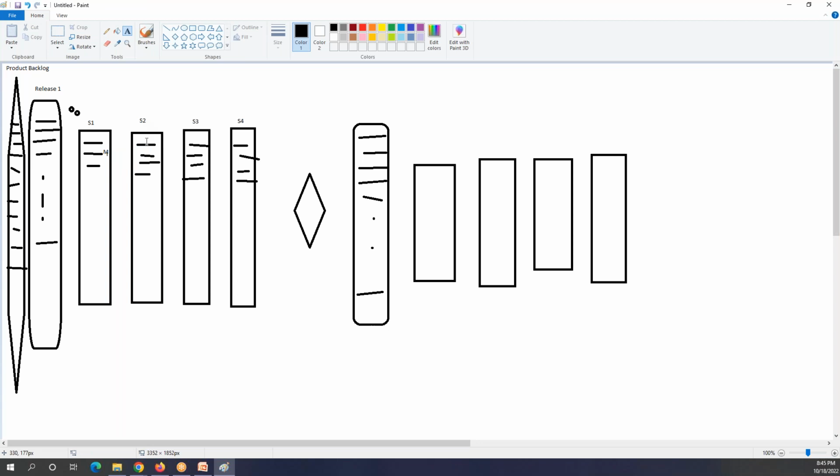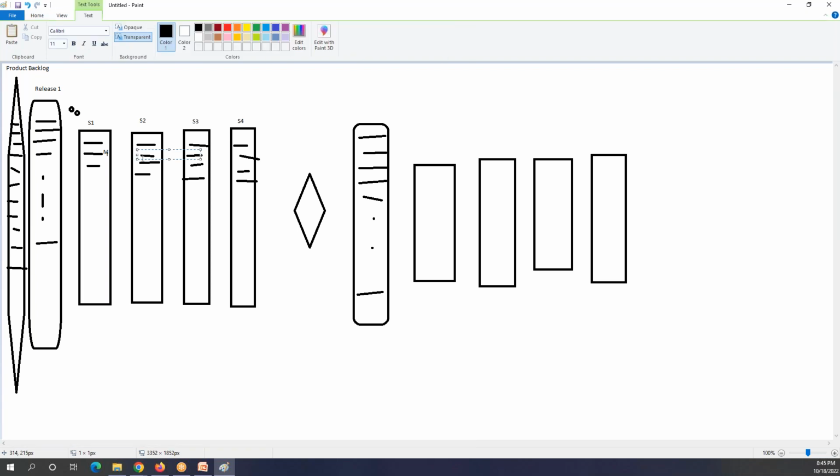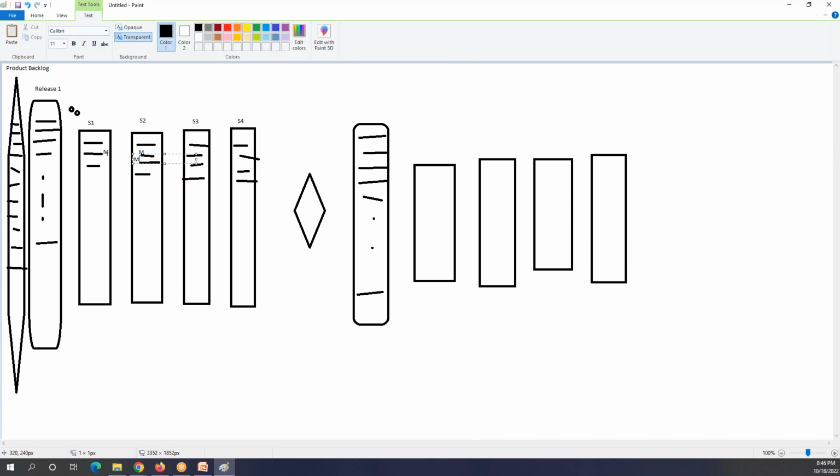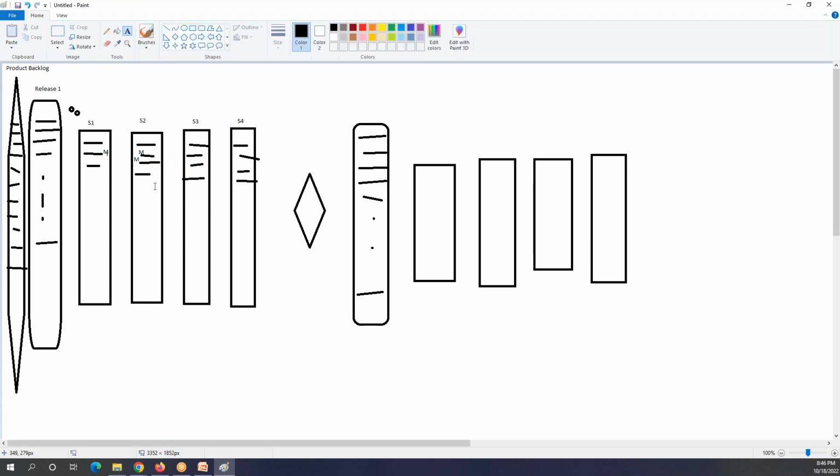In sprint 2 we have to test these four, and out of these four, this one is a major functionality, and also this one. So I have two tasks that fall under major functionality, and all the others I have to test as well.